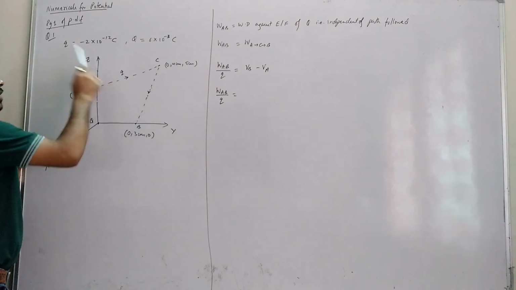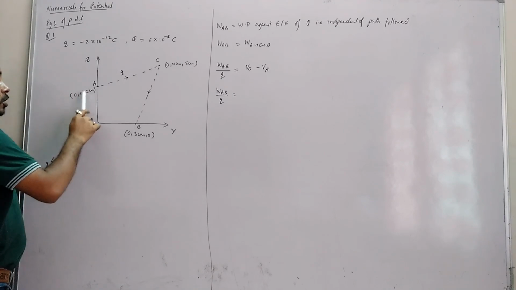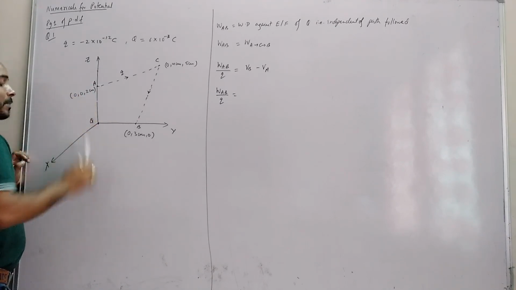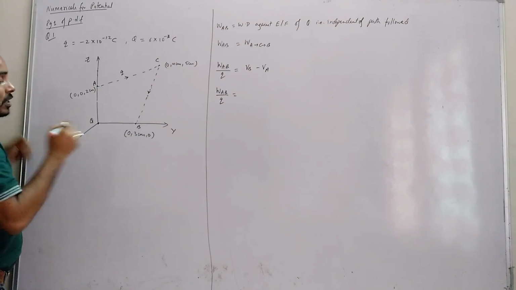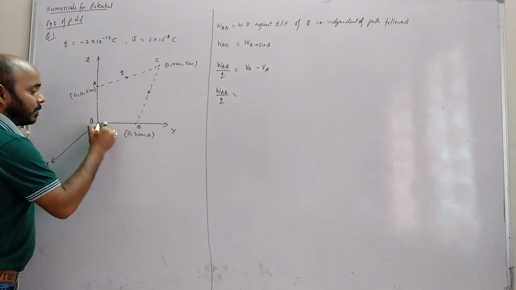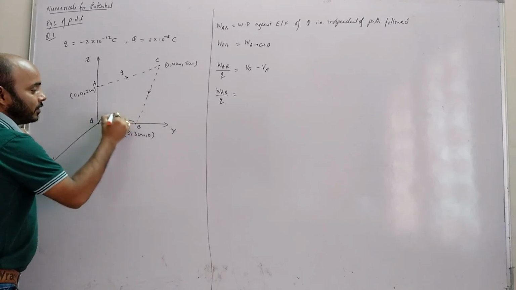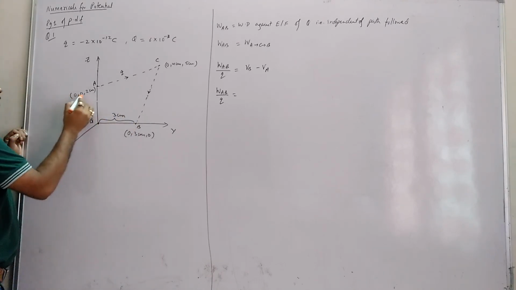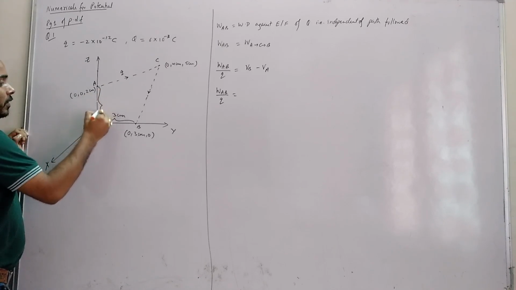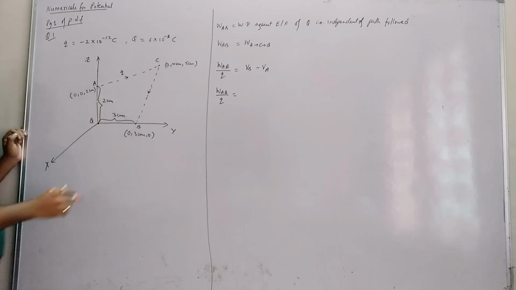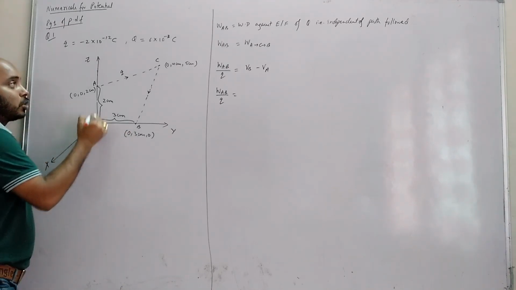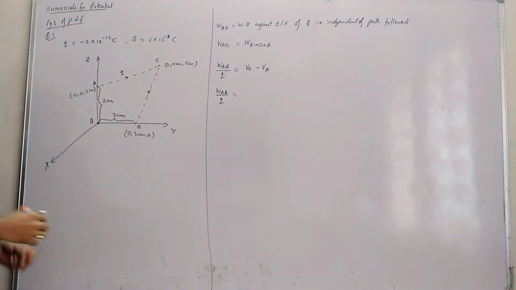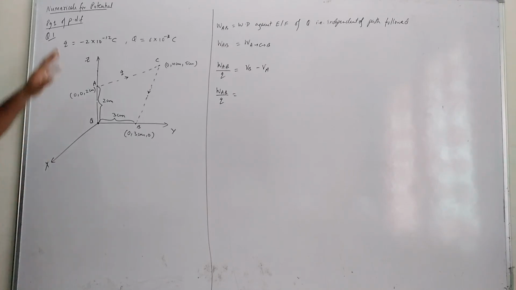So on z we have one point given in the question, 0,0,2 centimeter. That point is A. And along the y-axis we have a point 0,3 centimeter, 0. So what does that mean? 0,3 means from here to here we have 3 centimeter distance. What is 0,0,2? That means from here to here we have 2 centimeter distance, right? That is this 2 centimeter. This is 3 centimeter. And at the origin we have a charge Q. That Q I have written here as 6 × 10^-3 coulomb. And the charge which is moving is small q. I am taking -2 × 10^-12 coulomb.